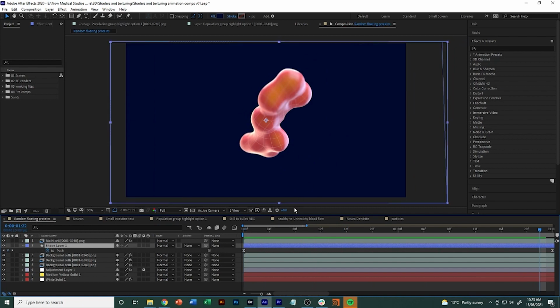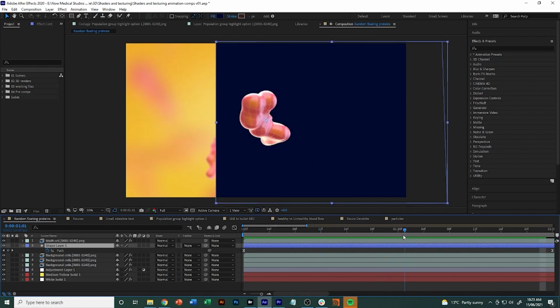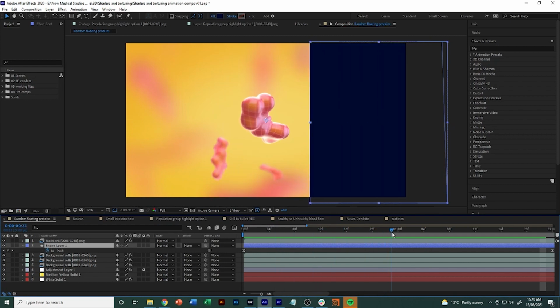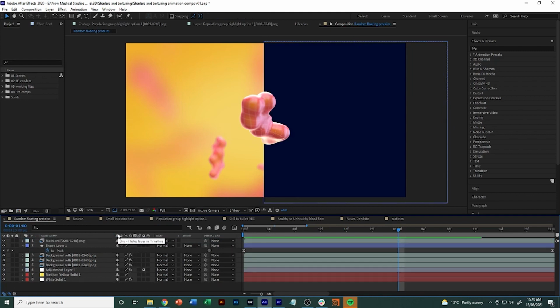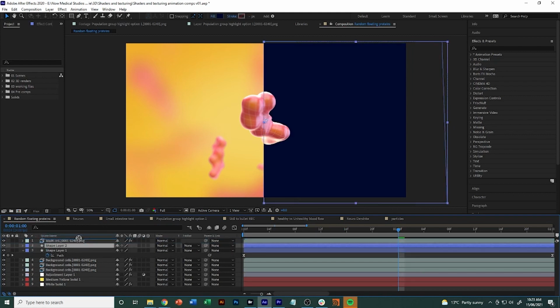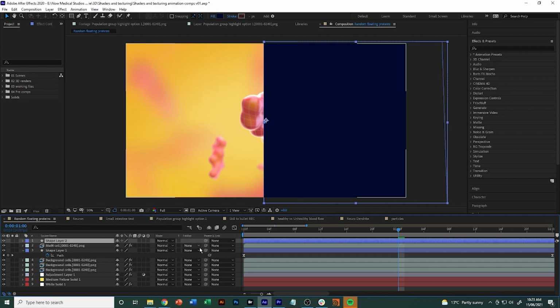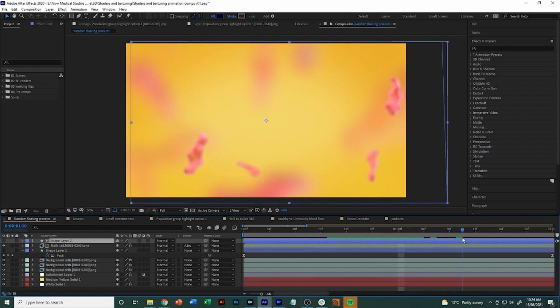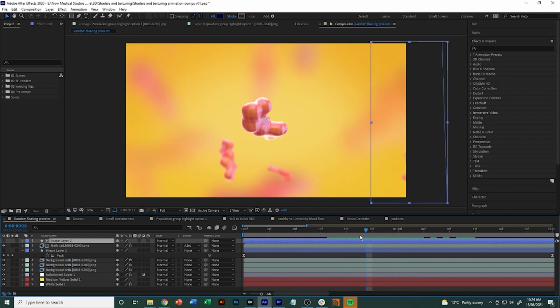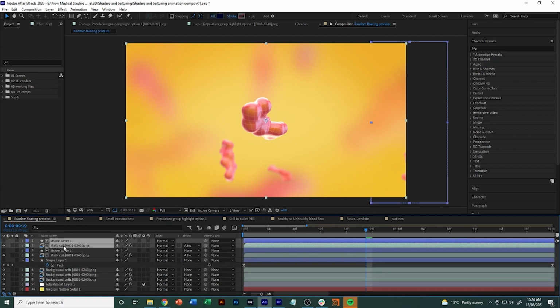Now to get this to change from pink to a different color, I'm going to have to mask this point here. So rather than do it manually, all I need to do is duplicate my shape layer and then pull it on top of my molecule layer, and then hit alpha inverted track matte. Okay, so what happens if I turn this off is that when the shape animates across, it will hide the pink molecule. All right, and what I can do here is duplicate both again,